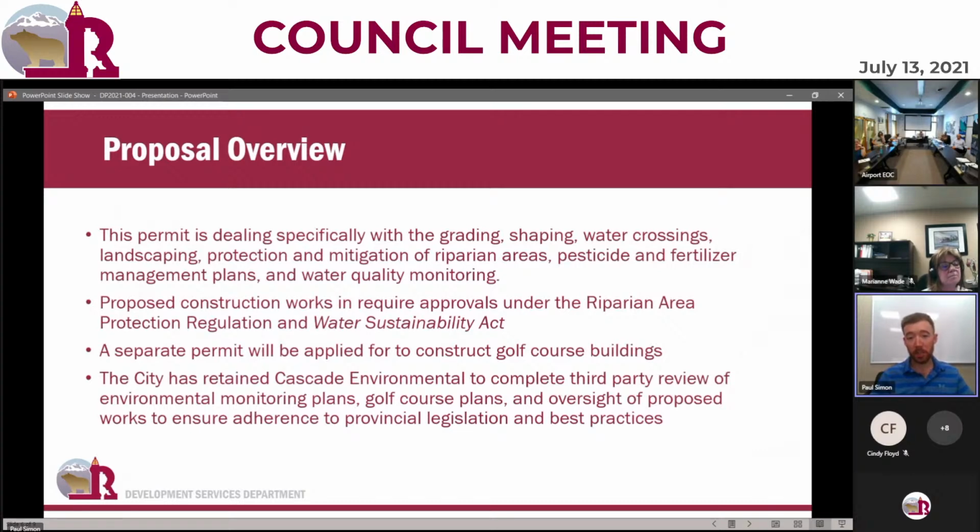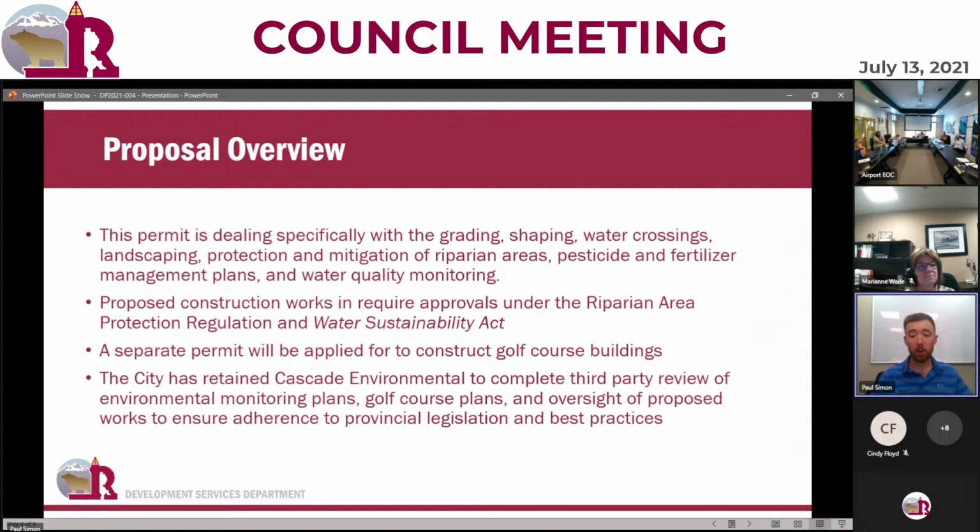So again, the permit is dealing specifically with the grading, shaping, water crossings, landscaping, and protection of the riparian areas, pesticide and fertilizer management plans, and water quality monitoring. So where we are at now is a little bit more extensive and a little bit more comprehensive than where we're at with phase 1, which was originally intended just to be the clearing and grubbing. Now we are really at the second phase of this project where it will be construction of the golf course itself. So proposed construction works do require approvals under the Riparian Area Protection Regulation and the Water Sustainability Act, as